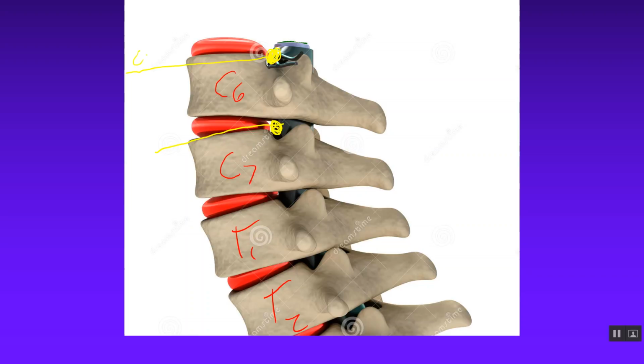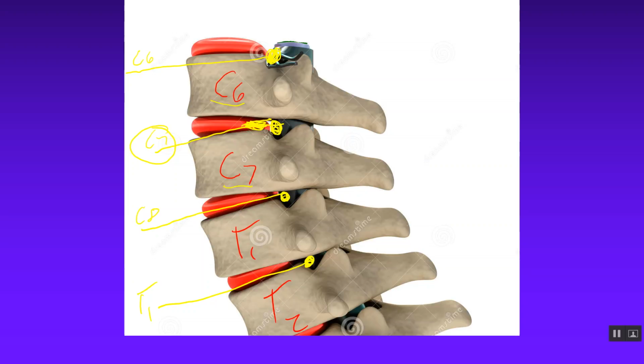So this is C6, C7, C8, and now we start having below, so this is T1. So here's a case where if I have a bulging disc, here's my red bulging disc here, if it bulges back this way between C6 and C7, so if you read a report that says patient has bulging disc between C6 and C7, disc herniation C6, C7, you're going to expect C7 to be the nerve root that most likely